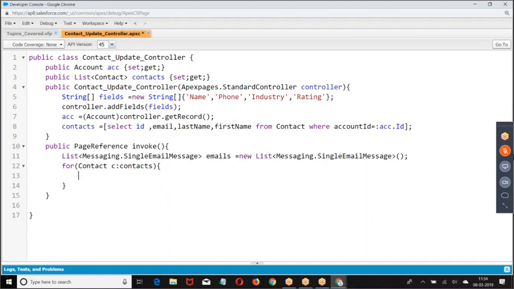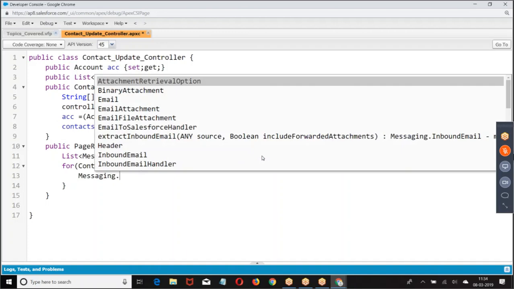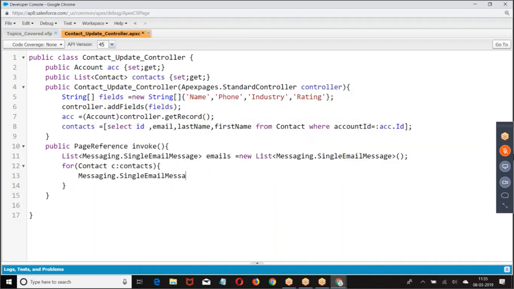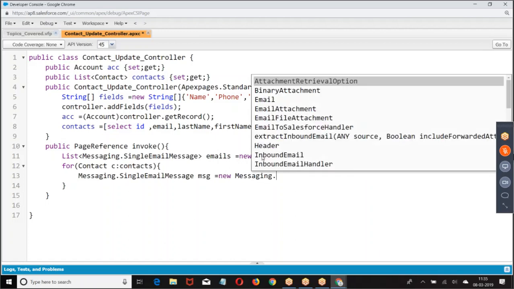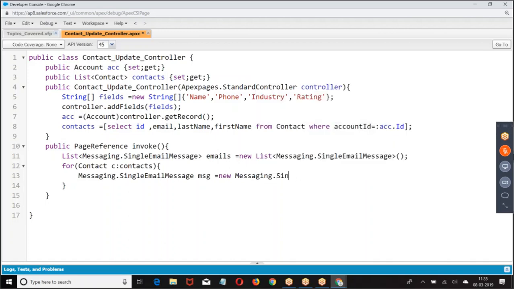For each contact c in contacts, Messaging dot single email. Then string quotas. What is quotas? c dot.